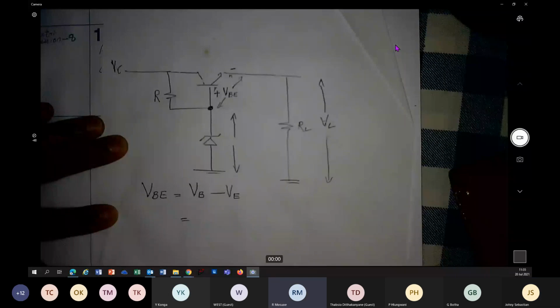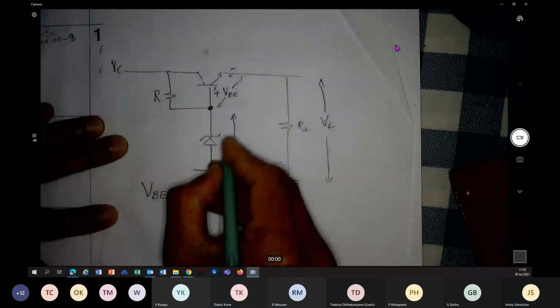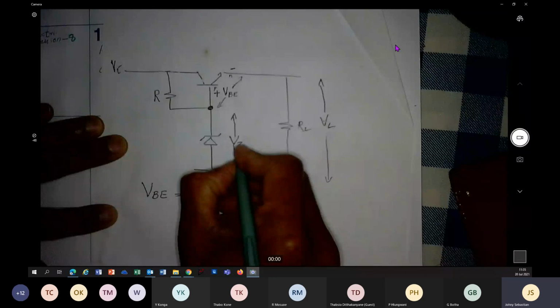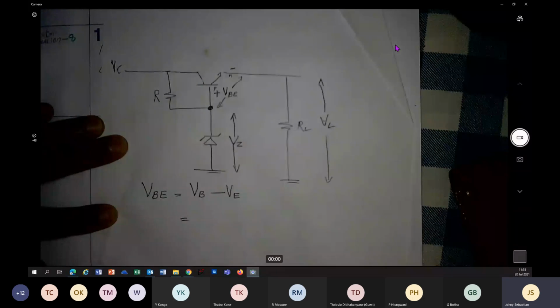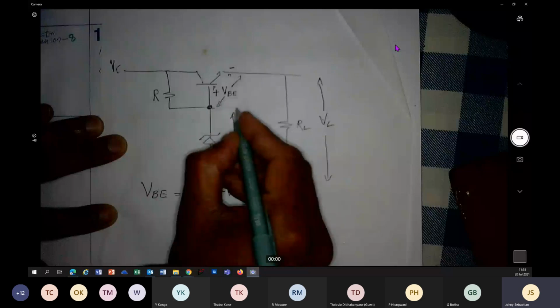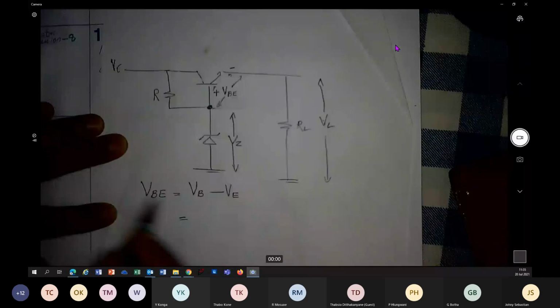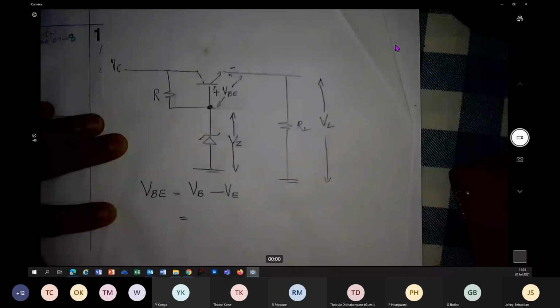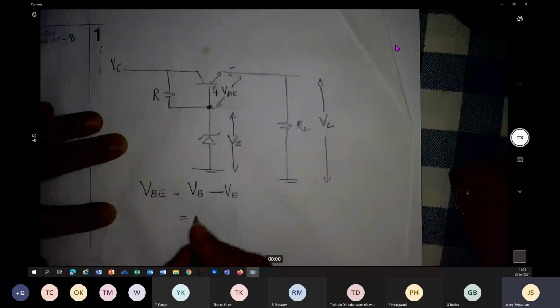So isn't it the voltage at the base? That's VZ, because this is VZ. VZ is up to that level. So VB is VZ. Are you getting it? Yes, sir. So I'm going to replace that VB with VZ minus